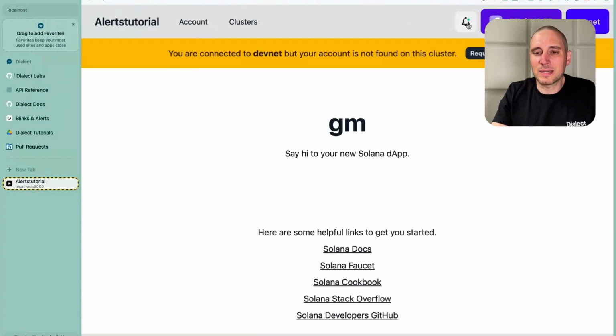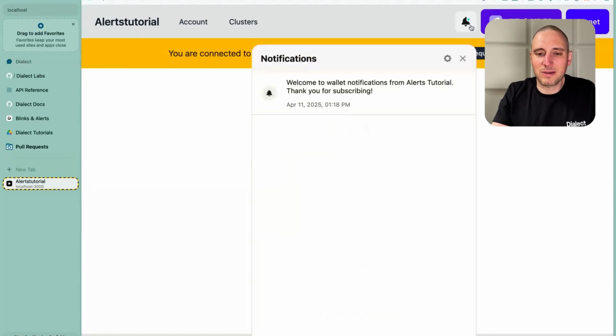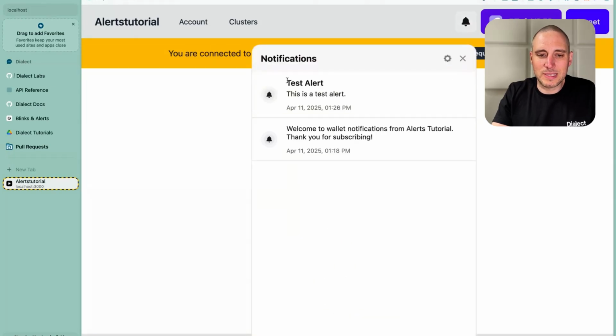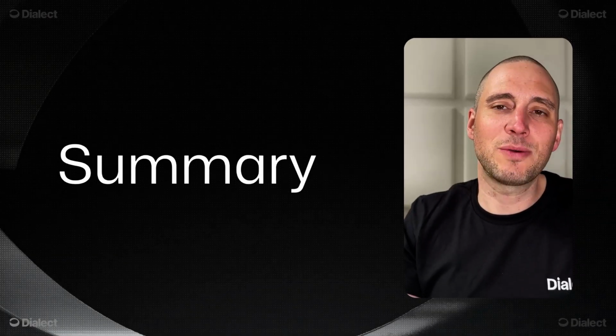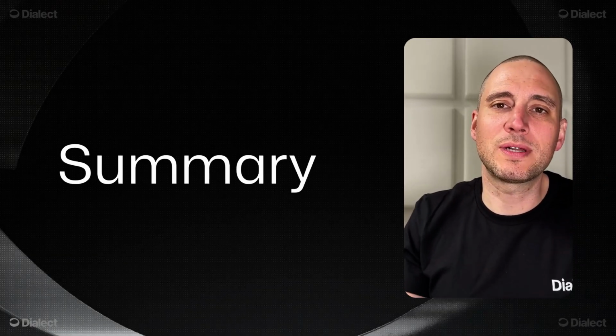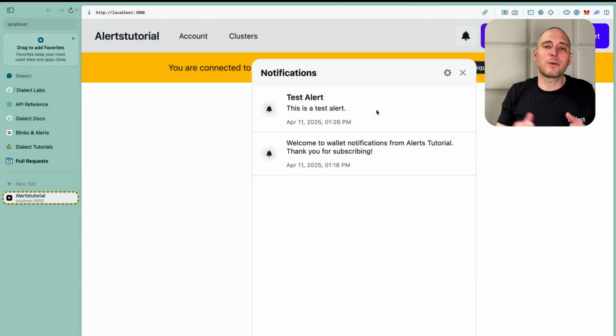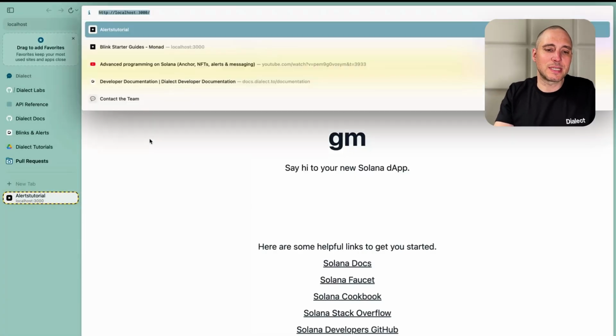What we see here now is there is a green dot. And when we click on it, we see it says test alert. This is a test alert. So this is basically what we just sent a second ago to our users. And this completes the scope of our tutorial today. What I still wanted to point out is if you go to